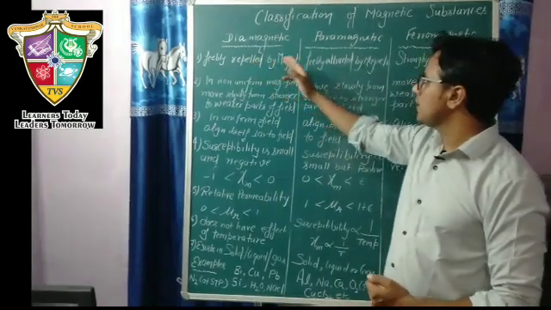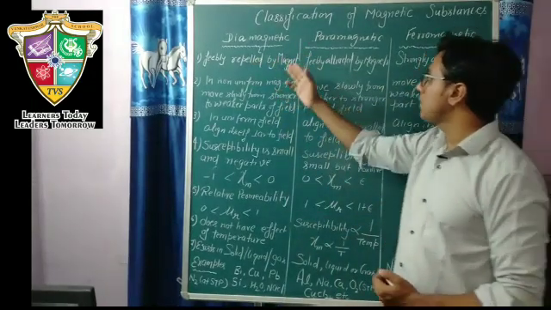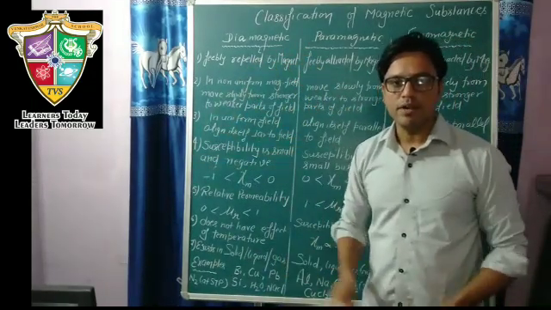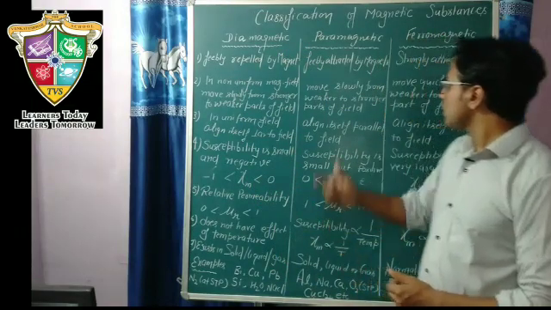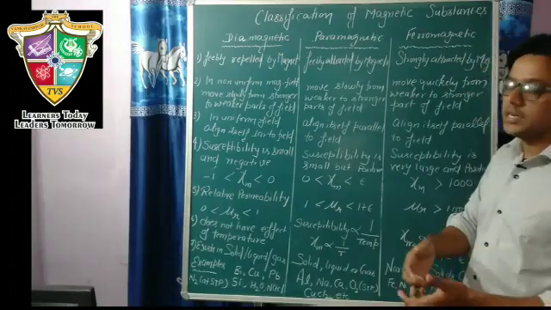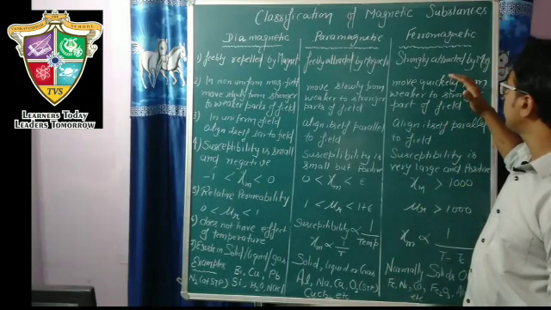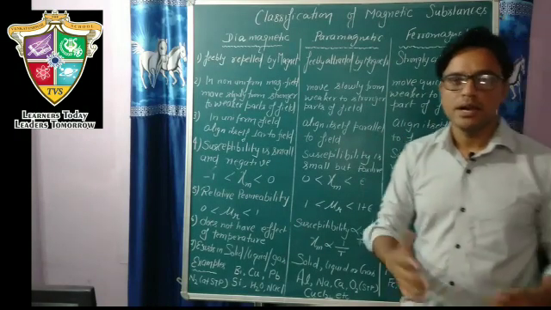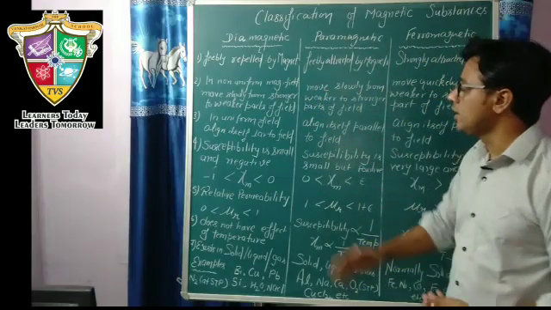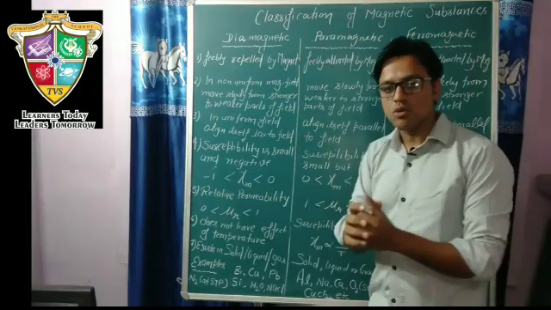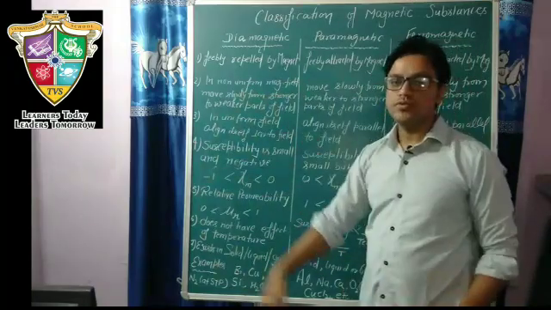First property of diamagnetic substances: they are feebly repelled by a magnet. When a magnetic field is applied, they are feebly repelled, and paramagnetic substances are feebly attracted, and ferromagnetic are strongly attracted by the magnetic field. Now in case of non-uniform magnetic field, diamagnetic substance moves slowly from stronger to weaker portion